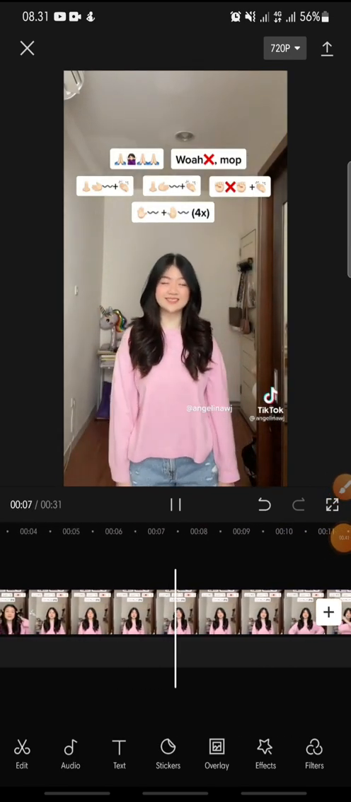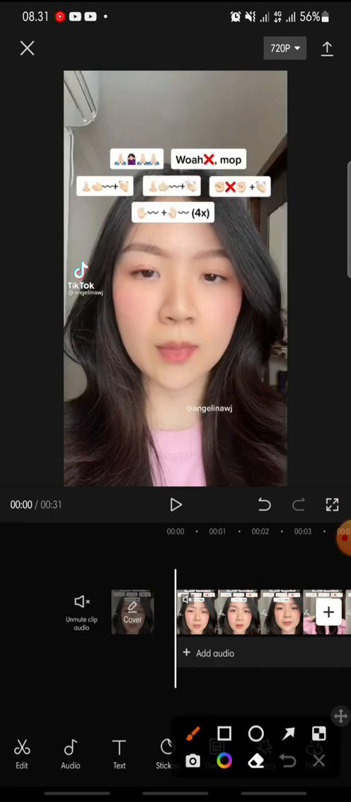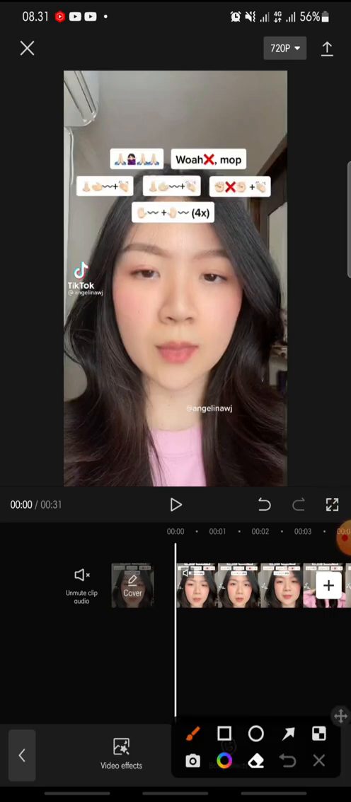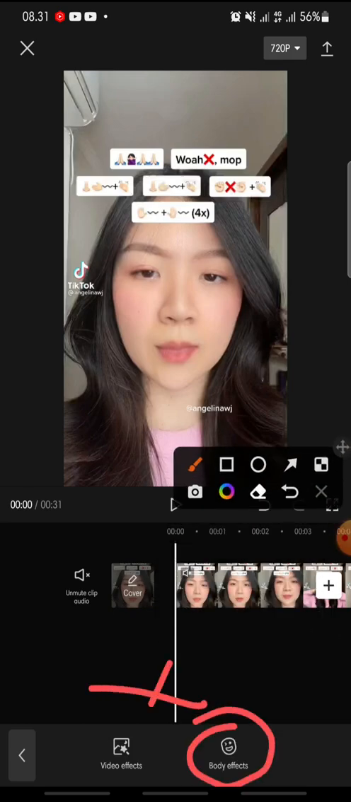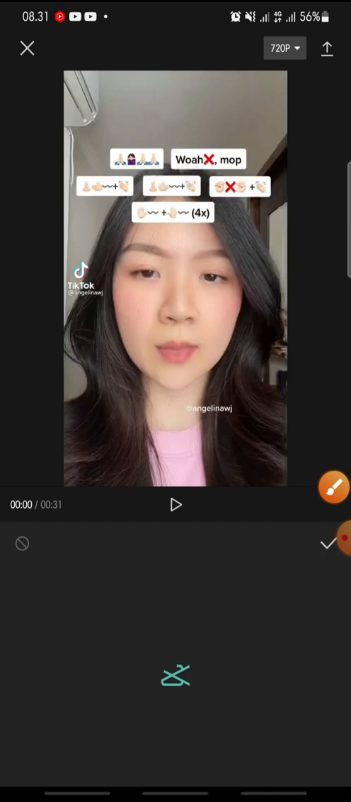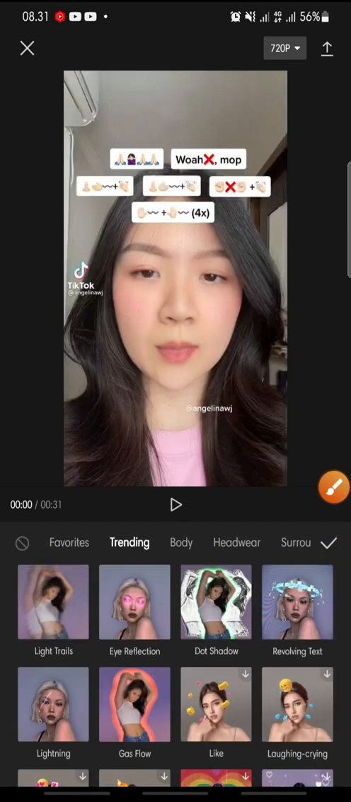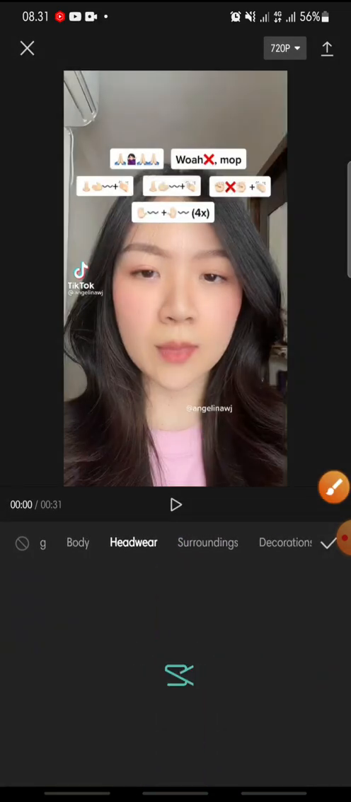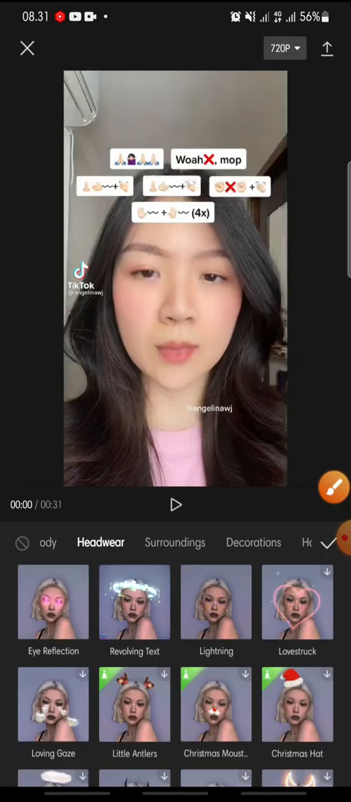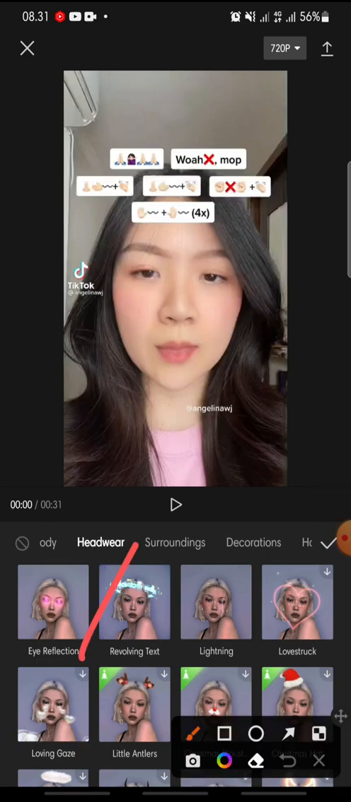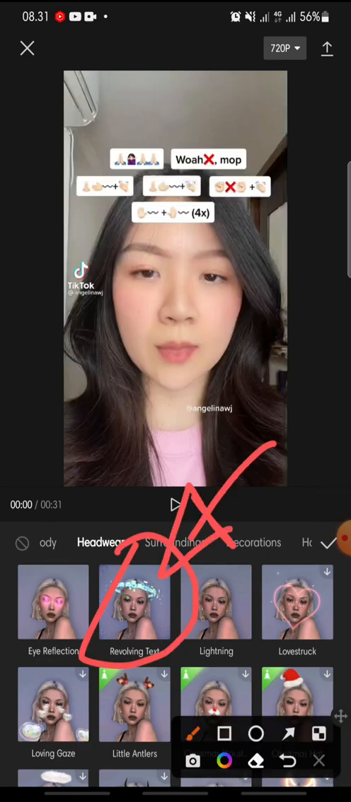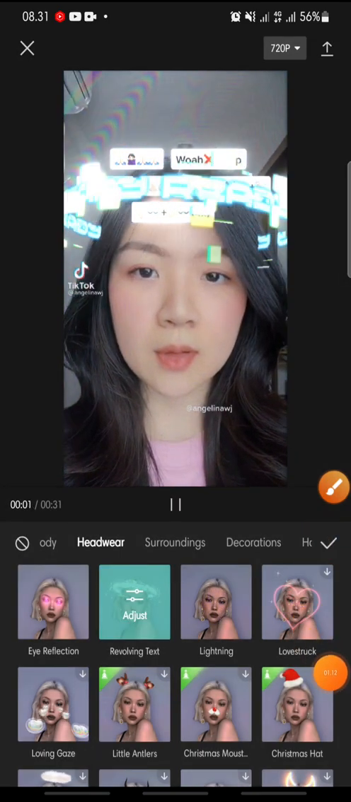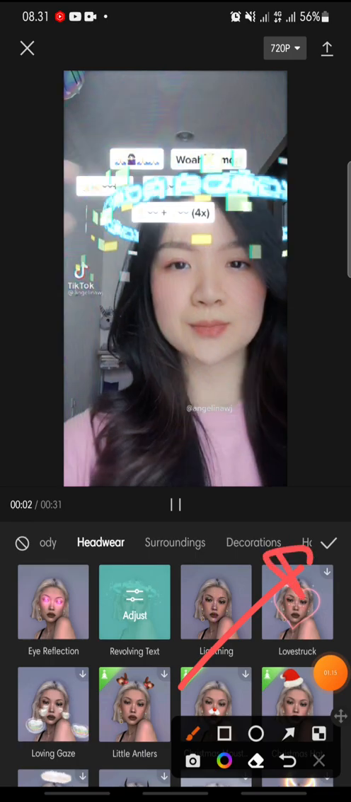text effect. So just click on the effect at the bottom, this one, and then click body effect, and you can click on the headwear. Click on it, and in here you can see revolving text, this one. This is the newest effect on CapCut, so just click on it and click check icon in here,